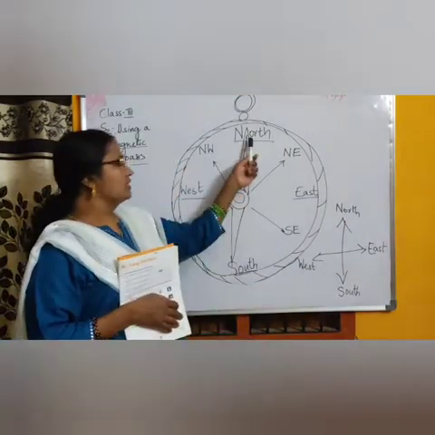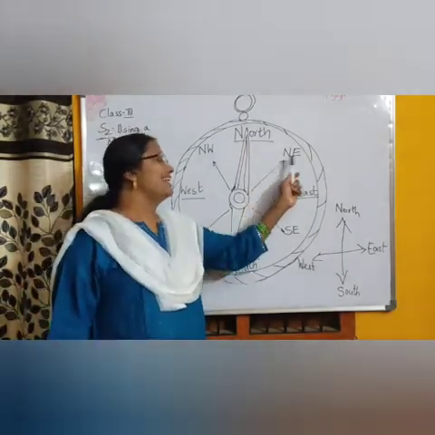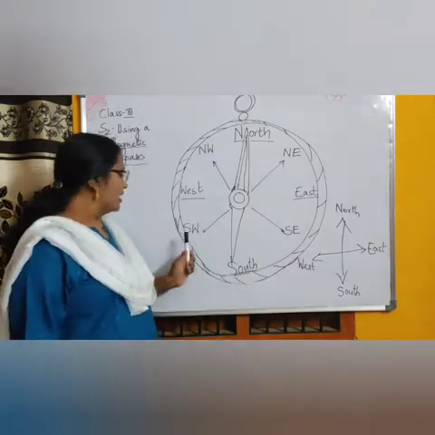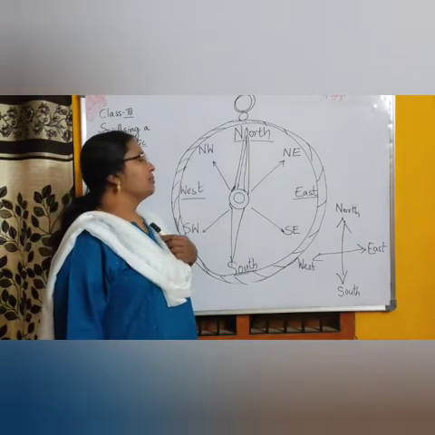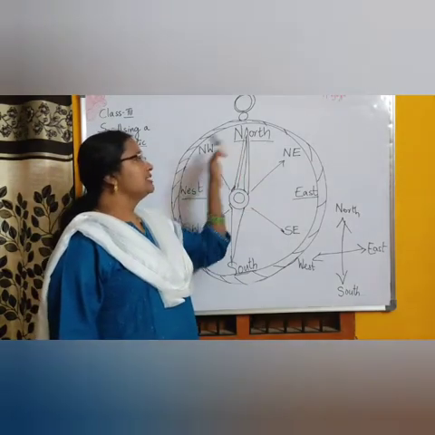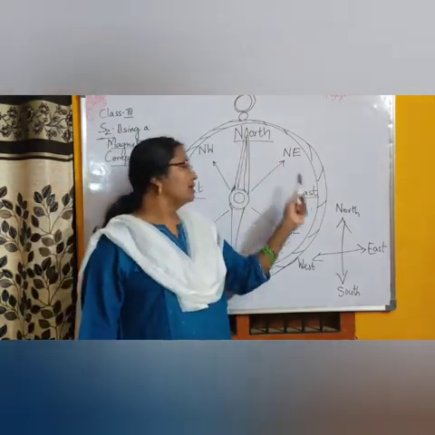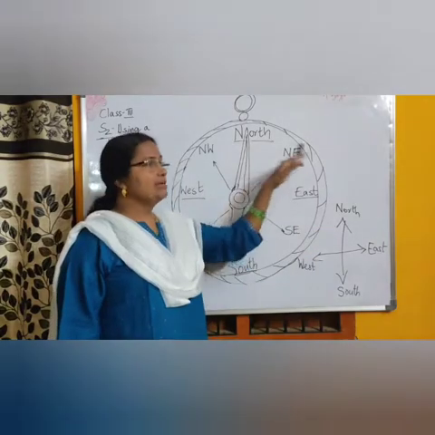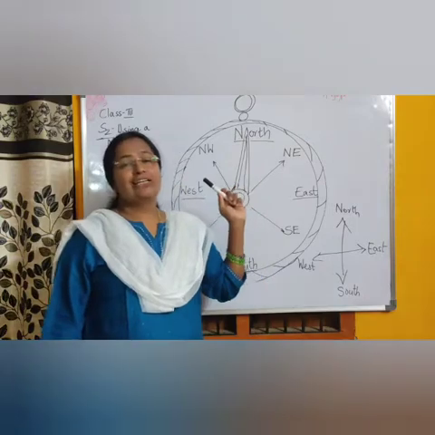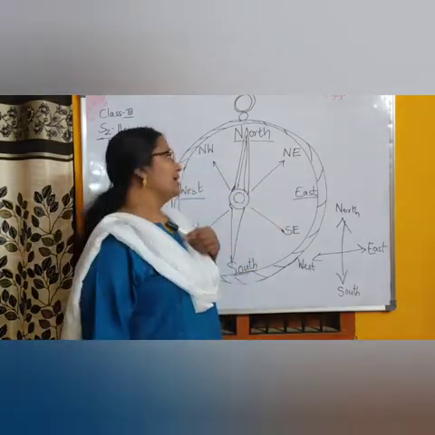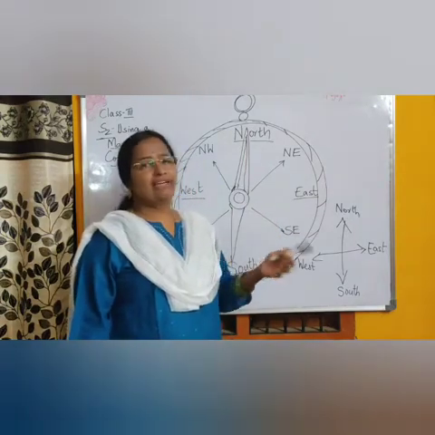Okay, then what are these? North, south, east, west? You understood. Then what is this NE, SE, SW, NW? Okay, suppose my house is not in the north, south, east or west direction. It is between north and east direction, somewhere in the middle of the north and east direction. So what should I say? In which direction do I live? Where is my house? It means my house is in the northeast direction from this place. Okay, like that we tell the address.